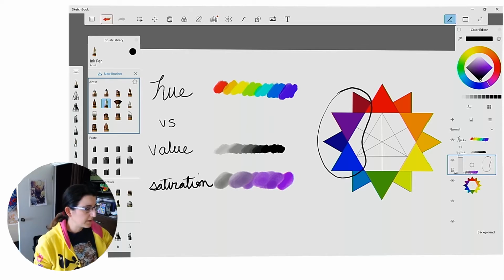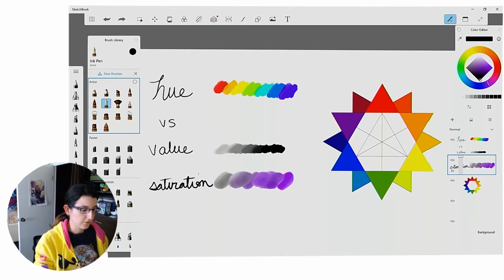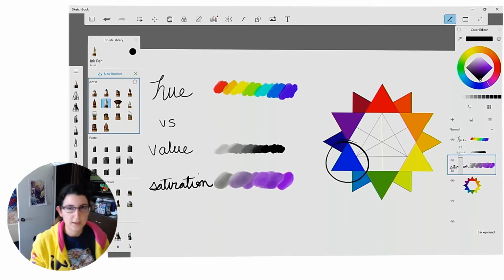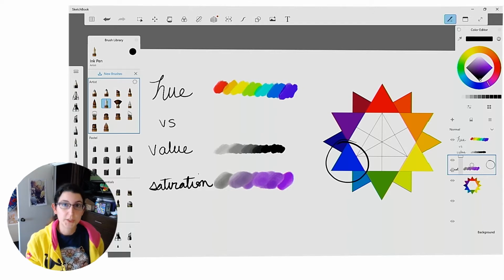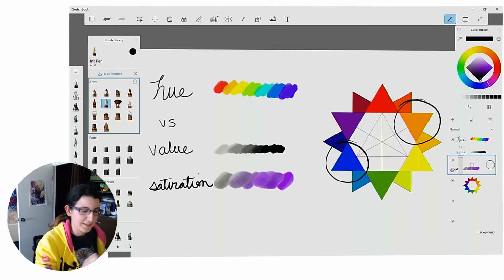So what is complementary color? Complementary color actually just means 2 colors on opposite sides of the color wheel. So for example, if we were to take a look at blue, what would be the opposite on the color wheel from blue? Post in the chat. Opposite is orange.